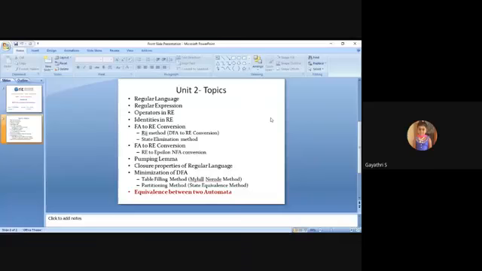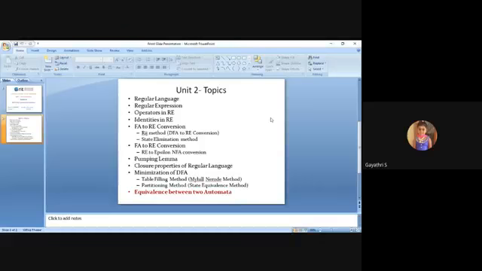For these states, how to find the basis, k equal to 0. k equal to 0 means it starts with epsilon. The basis part has two cases: i equal to j and i not equal to j. Then the inductive part starts from k equal to 1 and follows its own formula. If the number of states equals 2, what is the value of k in the RIJ method? The value of k is 0, 1, 2.